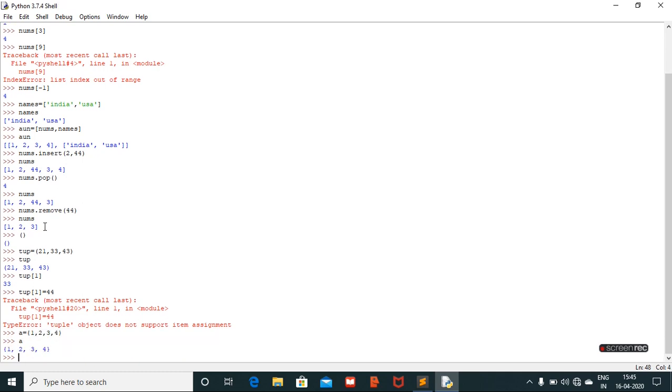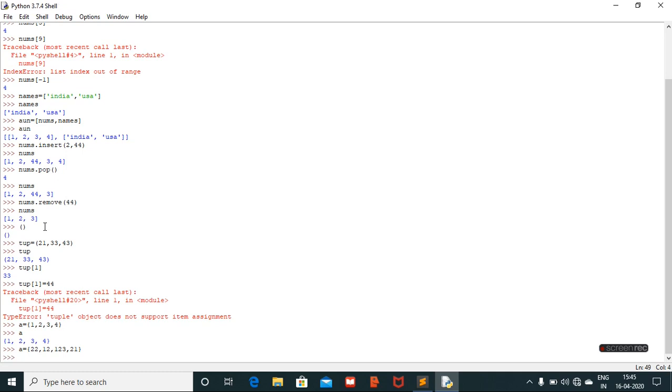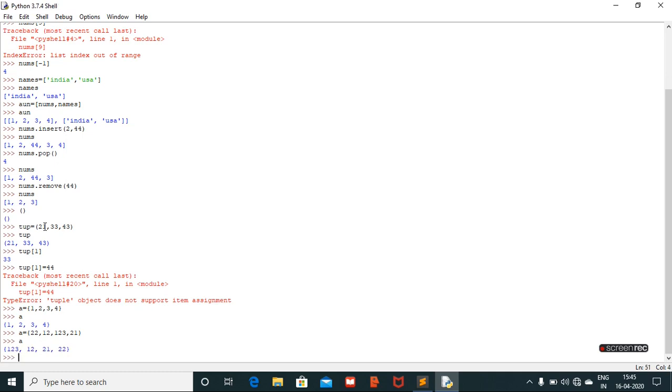If you print A, it gives 1, 2, 3, 4, but we can give in any order. Let's say A equal to 22, 12, 123, 21. If you print this A, it gives 123, 12, 21, 22. So it can give the values in any order. So this is the small definition for the sets.